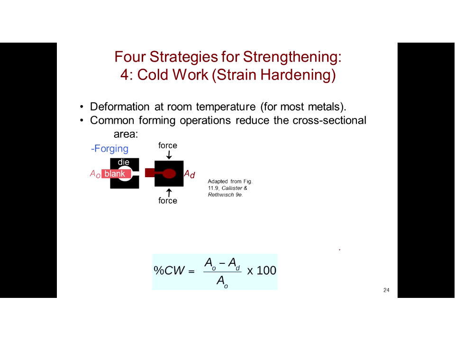Here are 4 ways to decrease the area of the sample. One is called forging. In that you have a die that has a cutout of a mold that you want your sample to mold to. And you push and force the die around the sample and